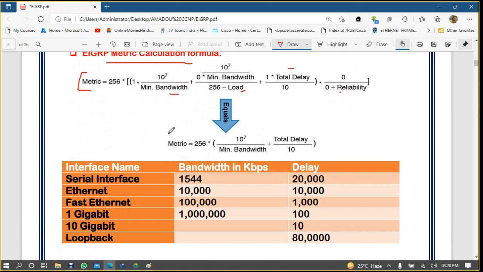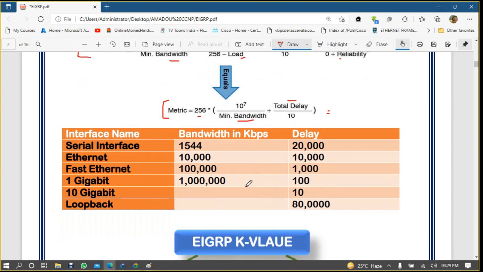So the real formula is: 10 to the power 7 divided by the minimum bandwidth, the least bandwidth, plus the cumulative delay, the total delay of the link, multiplied by 256. Then you will get the metric here.